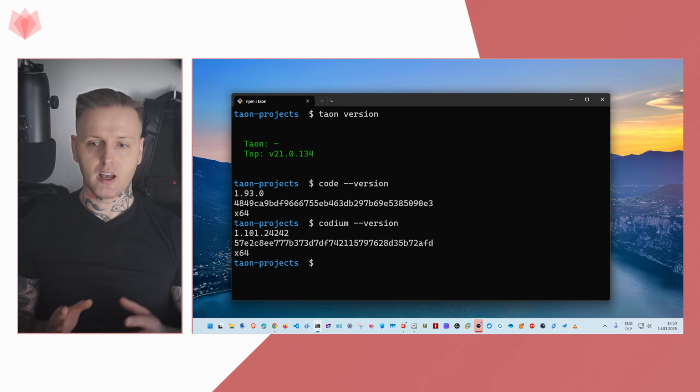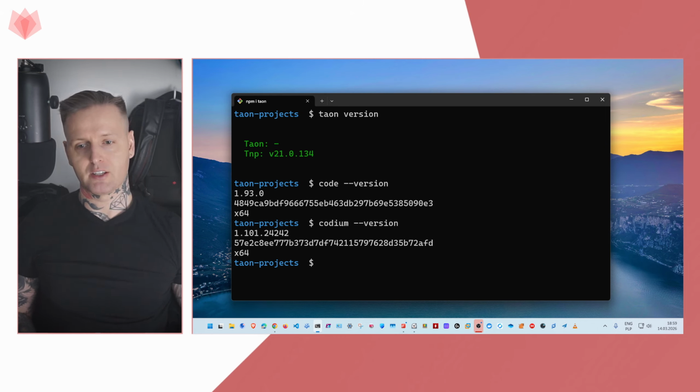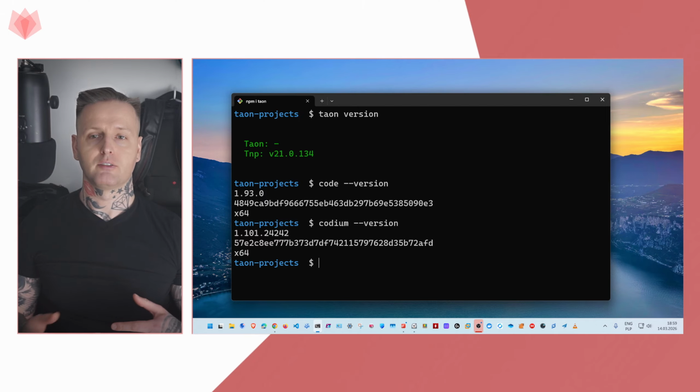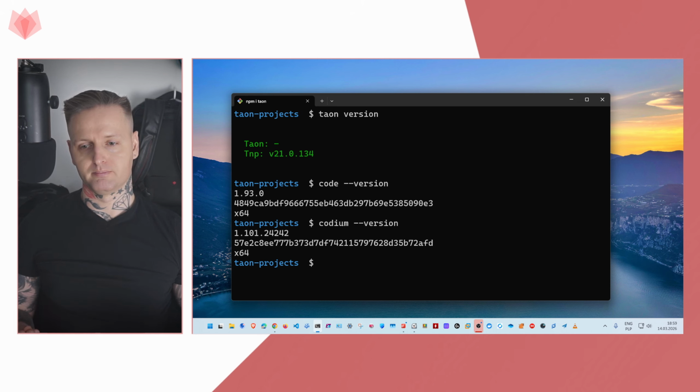You can choose either Visual Studio Code or Visual Studio Codium. Some people prefer Visual Studio Codium because it is fully open source and doesn't contain any kind of user tracking or things like that. So if you have this,